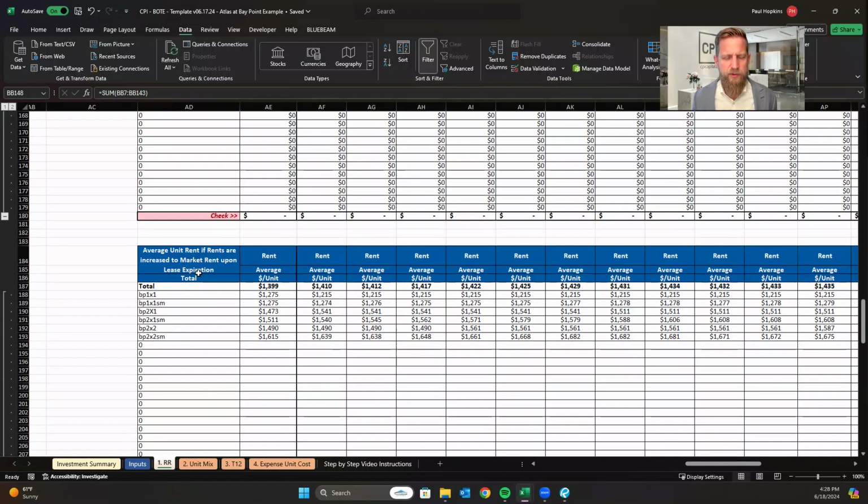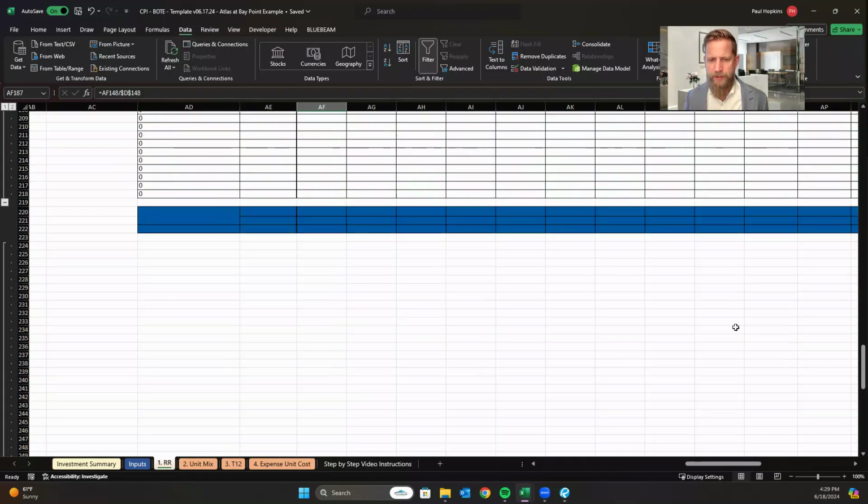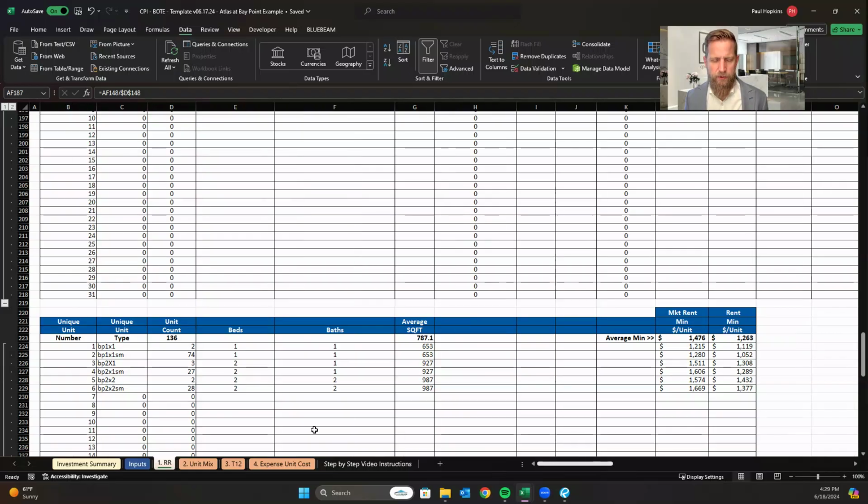And then this table here just shows, what is your average unit rent if rents are increased to market upon lease expiration. So this is just another table that shows you what your average rent can grow up to when these units expire and they're immediately put onto market rent. What is now the average rent? So you could look at this almost like an organic rent growth sort of analysis. So growing each month, 14, 10, 14, 12, 14, 17. So it's growing every month to catch up with that. Now, if we look over at our,